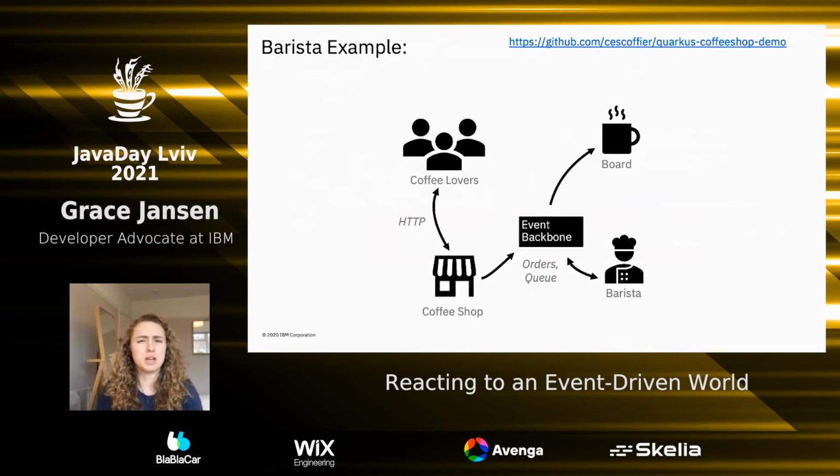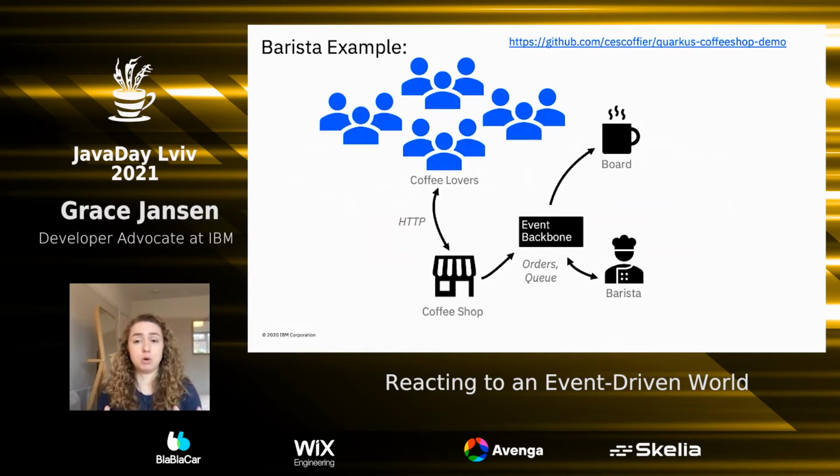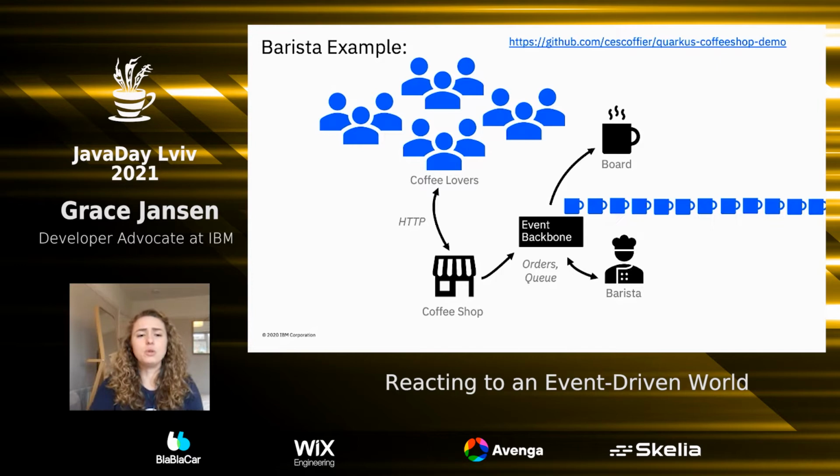But there aren't just 3 coffee lovers in the world. What happens in the case where we have many, many more coffee lovers coming into our coffee shop, all trying to place orders at the same time? Suddenly, our coffee shop has a lot more orders to deal with. Although these can be placed onto the event backbone, because we've got this Kafka infrastructure in place, and we're putting our orders onto this event log, our coffee lovers are still able to go off and have their fantastic discussions around Java. So they're still non-blocked. But we still have blocking in our system